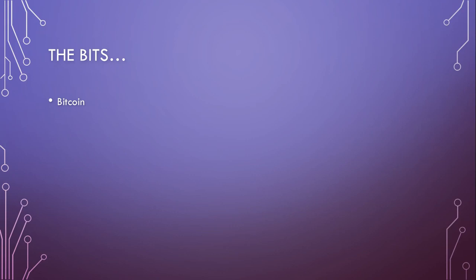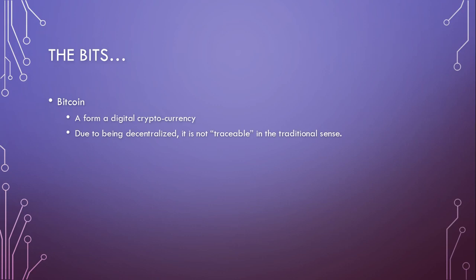So when we talk about bits, the first thing I want to talk about is Bitcoin. You probably have heard of Bitcoin in some way, shape, or form, because it's been in the news or in an online article or something like that. Well, this is a form of digital cryptocurrency. And with it being a cryptocurrency, that means it has an encrypted nature to it. It's not just regular money floating around. It also is decentralized, which means there's not a single bank or chain of banks that reports it. It's not necessarily exchangeable with normal cash.